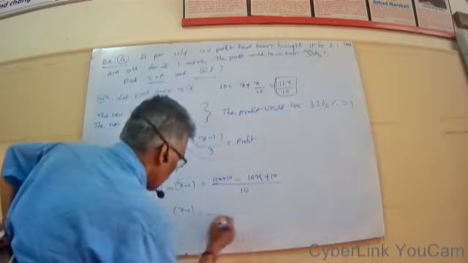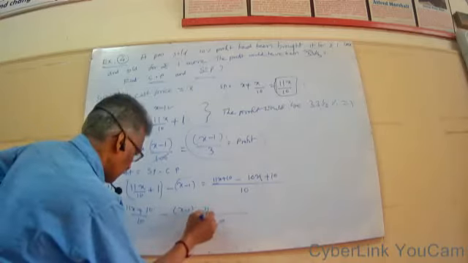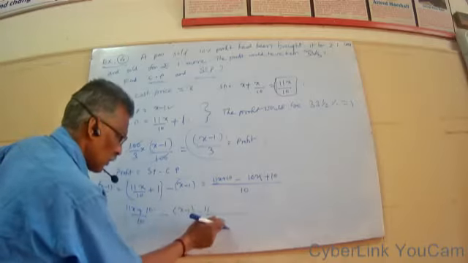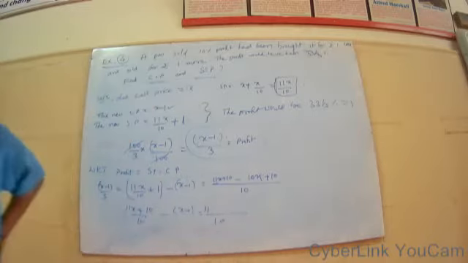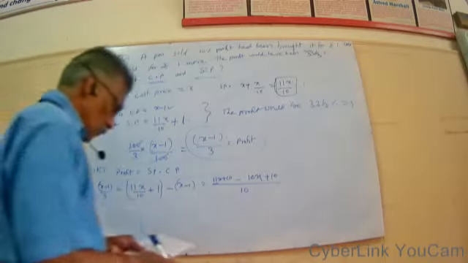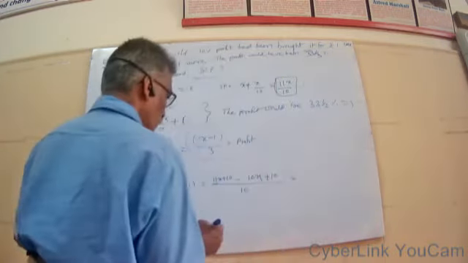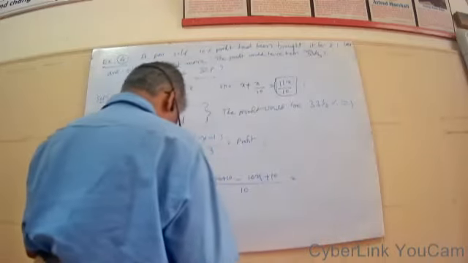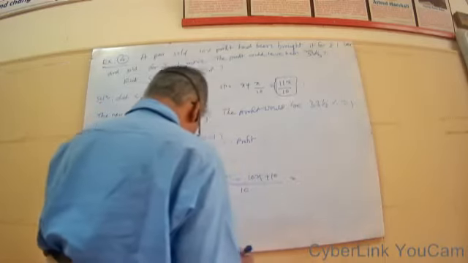So you have to take the whole LCM for these two, then this as it is, and this for this. Equal to 10x, 10 into x is 10x, 10 into 1 minus 1 is minus 10, minus 10 into minus is plus 10. That is what I have done here. So this equal to, by simplification, this becomes 11x minus 10x is x plus 20. 11x minus 10x equal to x plus 20.